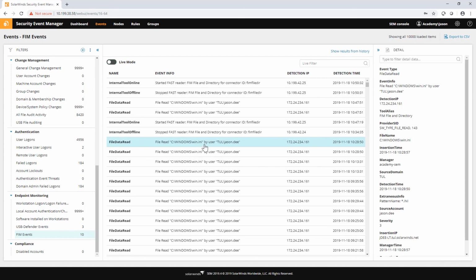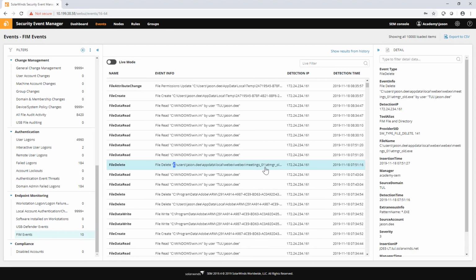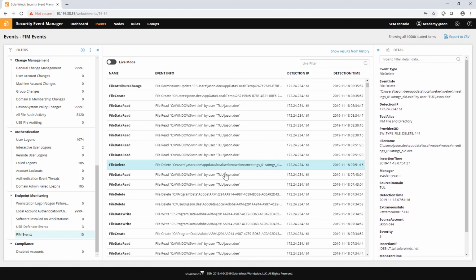So just as an example here, we have some file data reads. Here's a file delete. Okay, this file was deleted by something. Let's see here. If I look at the information, it was deleted by my account on my machine. Here's the exact path, date, timestamp, etc. Any other pertinent details will be here.